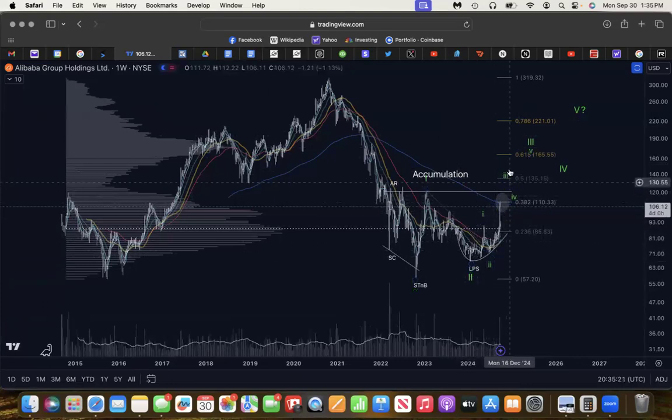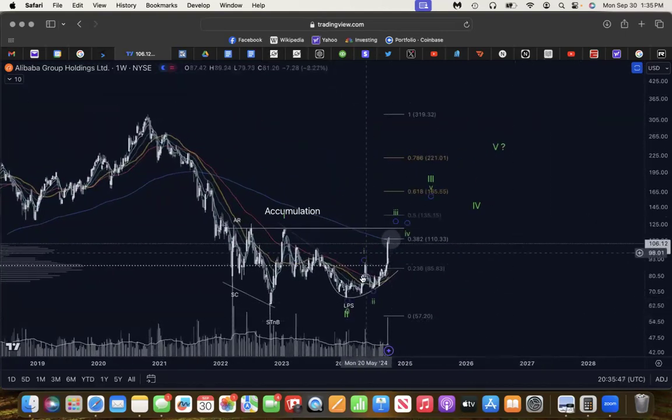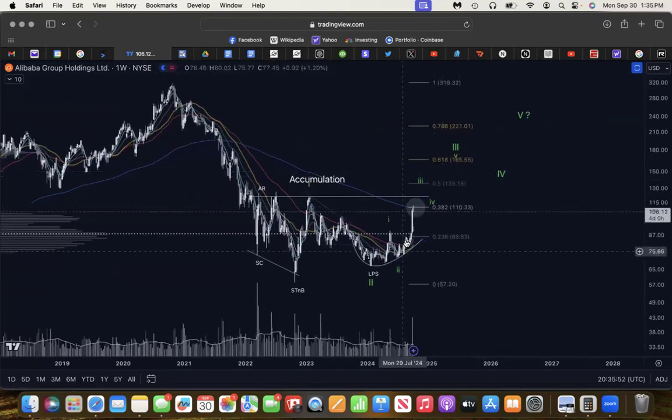We do have a speculative Elliott wave count here. We believe this is the beginning of wave 3, where we have wave 1, 2, and then going up to 3, 4, and then 5. We'll see if 5 ends up stopping at the 786 Fibonacci level, or whether it goes all the way back up to the previous highs. But we do expect a new uptrend to develop here and build out the right side of this cup base. It will most likely be a lockout rally, which is what we're seeing here.